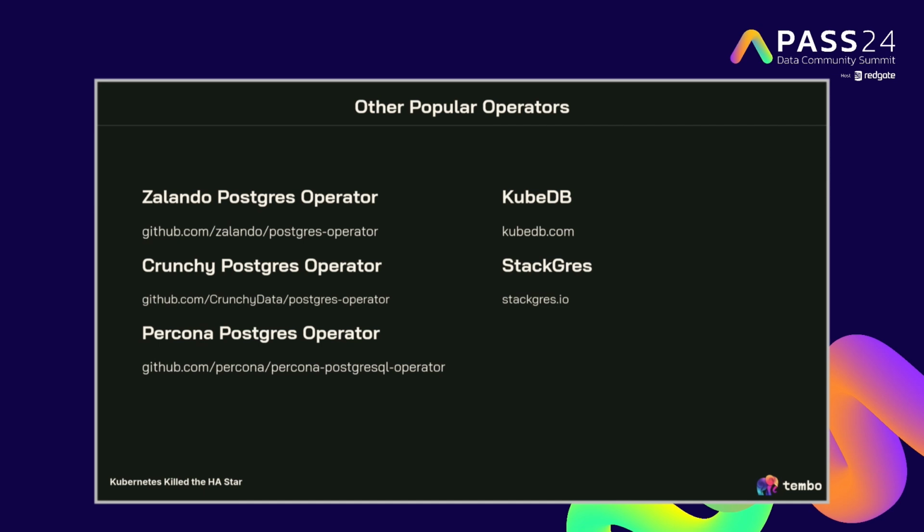So these operators, like I said, and it's funny, some of them are actually forks of each other. They're all just Patroni. And do you like the naming scheme? We've got the Zalando Postgres operator, the Crunchy Postgres operator, the Percona Postgres. Like they don't even give it a name. They just say, it's an operator. Because, I guess at the end of the day, that's all it is.